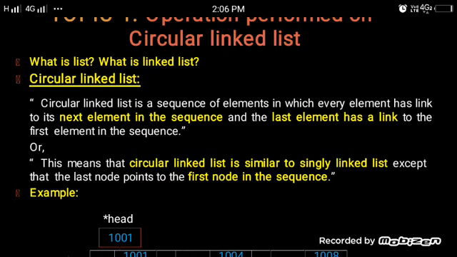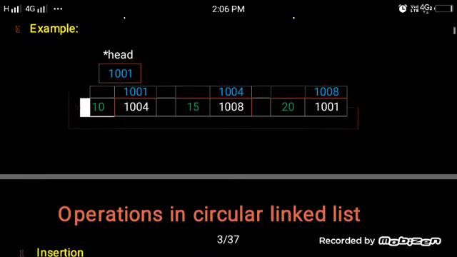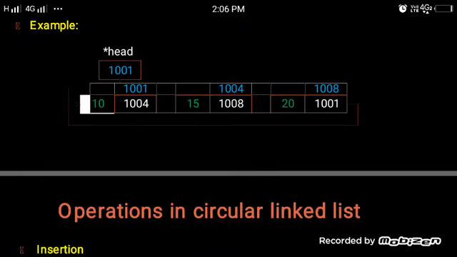For example, I am taking one example. There is a head.